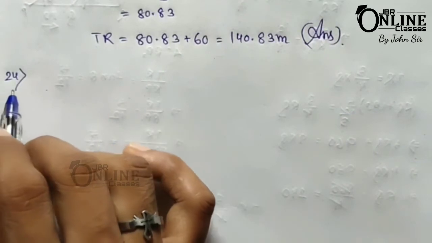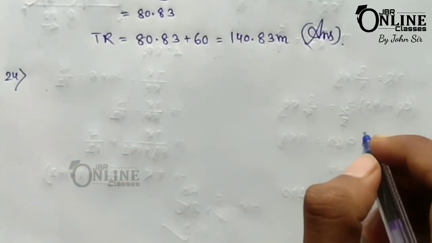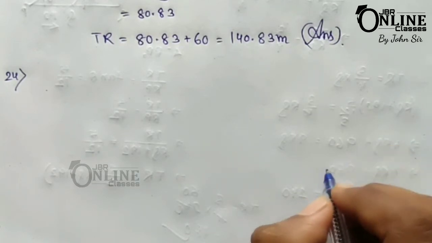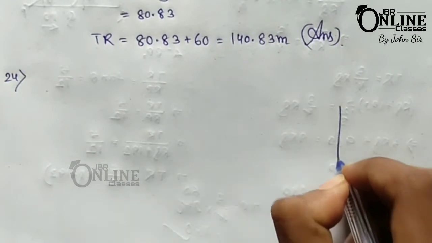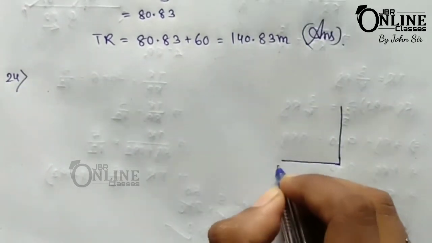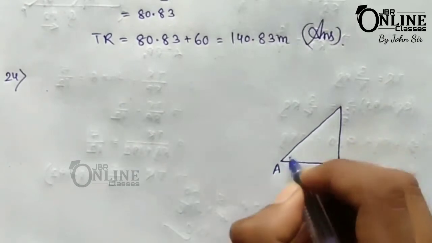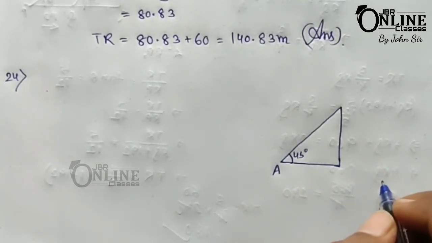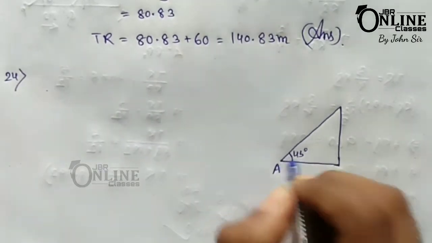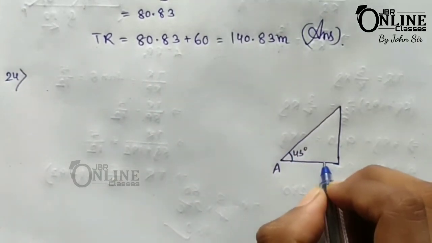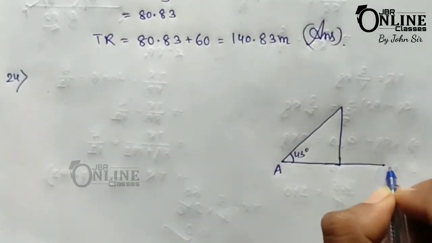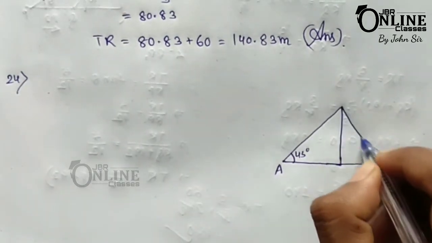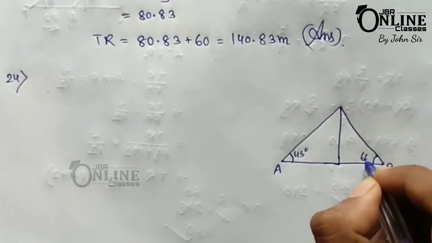So now I am going to solve sum number 24. In sum number 24, the angle of elevation of a pillar from a point A on the ground is 45 degree. So that is the point A, the angle of elevation from point A equals 45 degree. Now from a point B diametrically opposite to A. So that is A, and the opposite side of A, that means that side. So first you extend the ground level, and that is point B. So from the point B, the angle of elevation equals 60 degree.